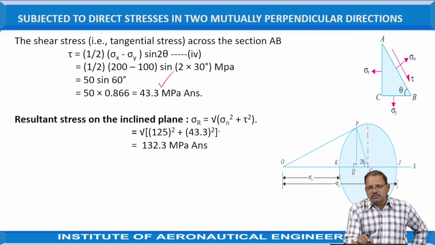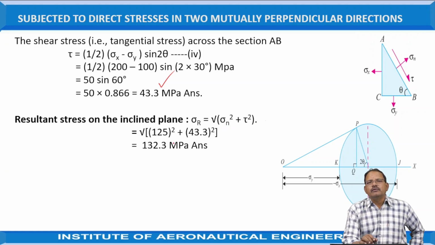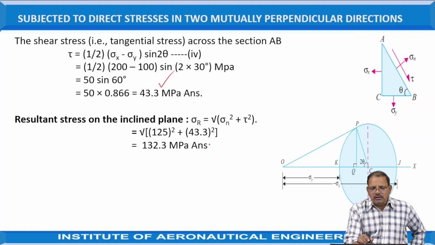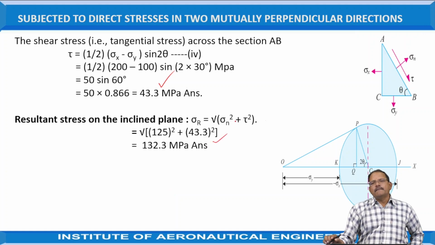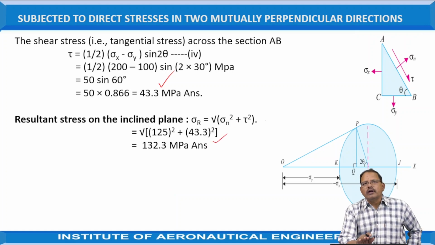The resultant is equal to the square root of σn squared plus τ squared, which is equal to the square root of 125 squared plus 43.3 squared, equal to 132.3 megapascal. These are nothing but the values obtained according to the analytical method. We can solve the same problem by using a graphical method, also known as the